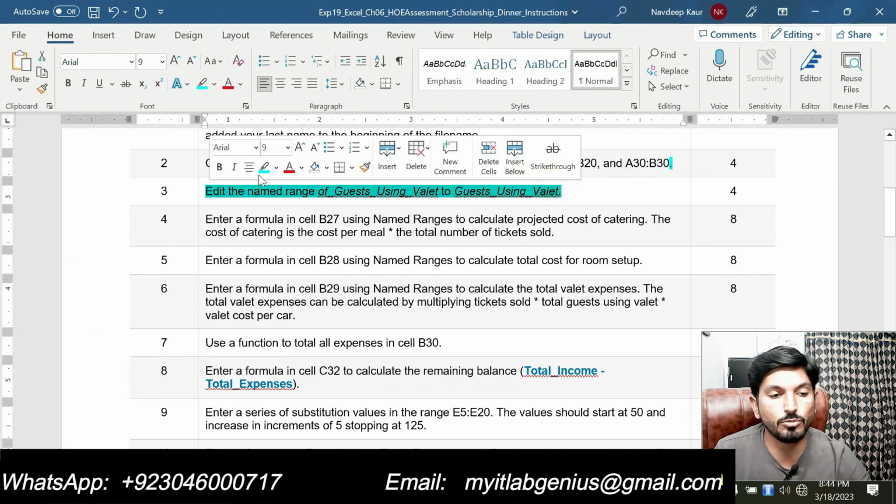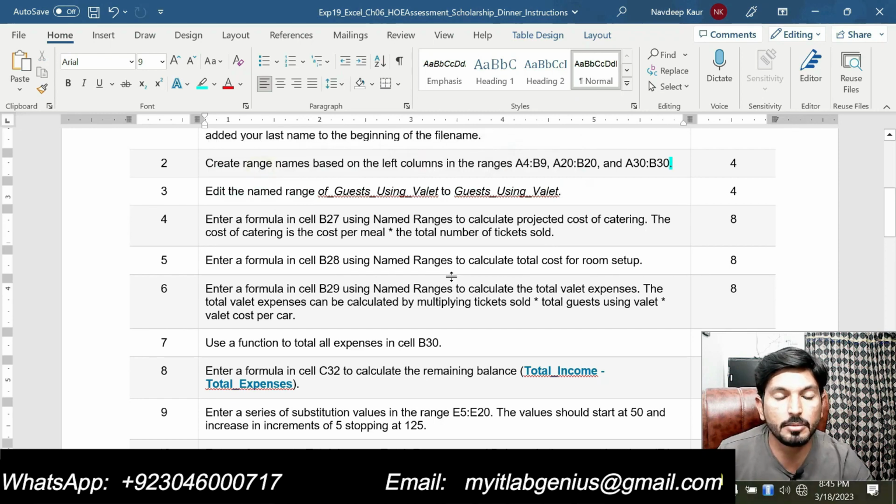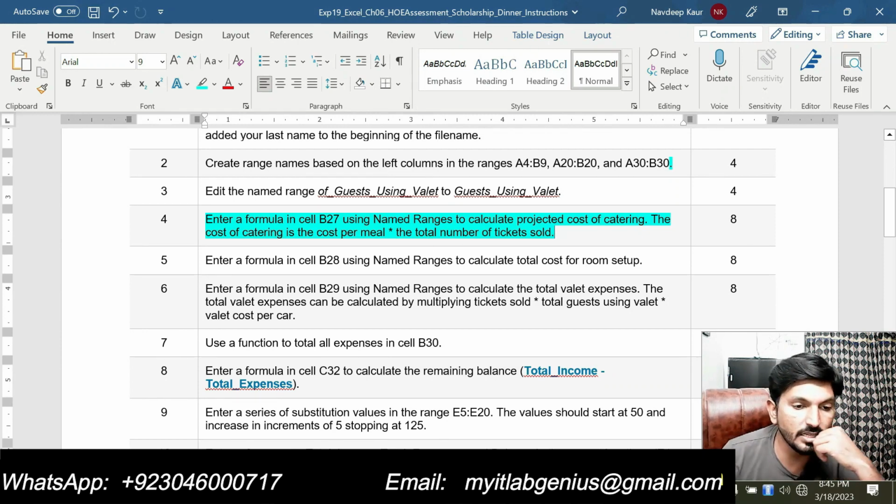And now we are supposed to move to the next step, that is step number 4. In step number 4, it is saying that enter a formula in cell B25 using the name range. So we will use the name range to enter the formula in cell B25 to calculate the projected cost of the catering. The cost of the catering is the cost per meal multiplied by the total number of tickets sold. So we will use the name range to enter the formula to calculate the